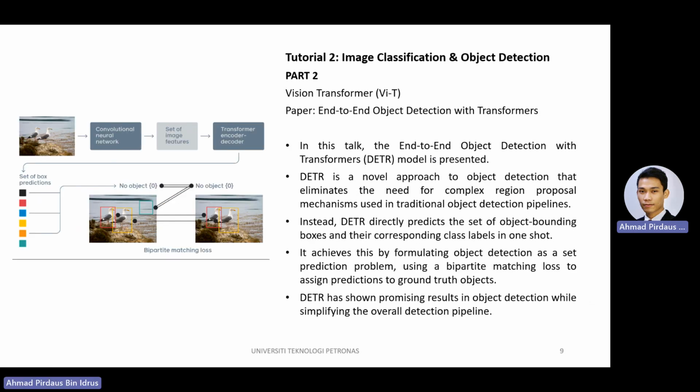We're going to part two, that is end-to-end object detection with transformers. There's a video that needs to be watched at a separate link. The end-to-end object detection with transformers, or simply the DETR model, is presented. DETR is a novel approach to object detection that eliminates the need for complex region proposal mechanisms used in